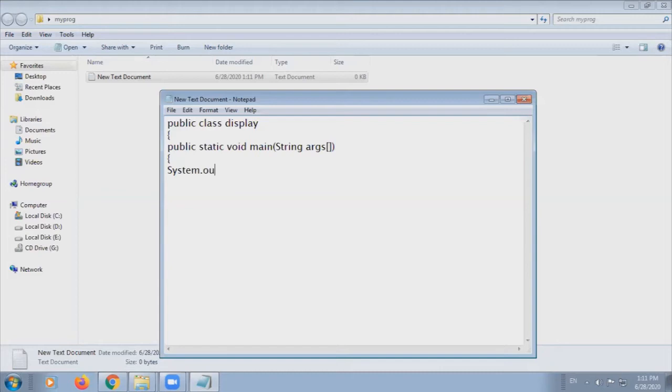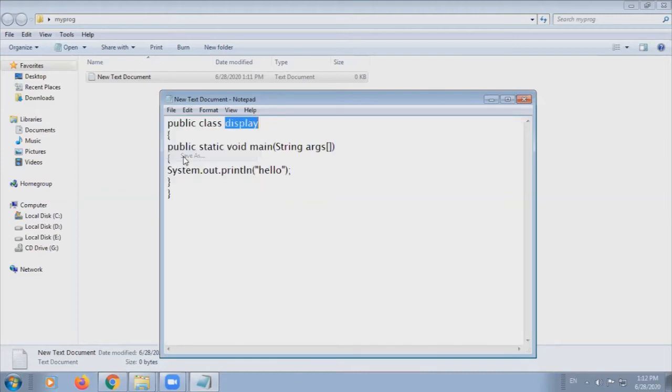This is a simple program for displaying hello that I am creating. After your program is completed, remember to save this Notepad file with the extension .java and with the name of the class.